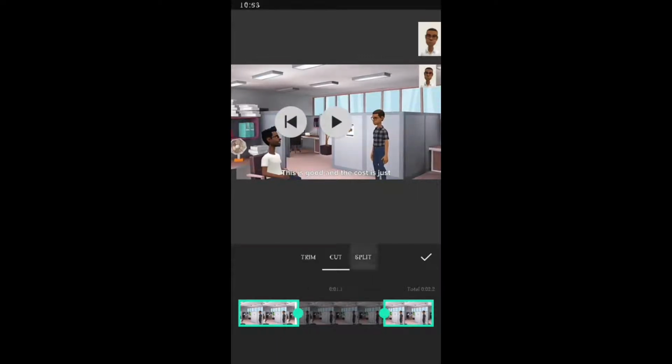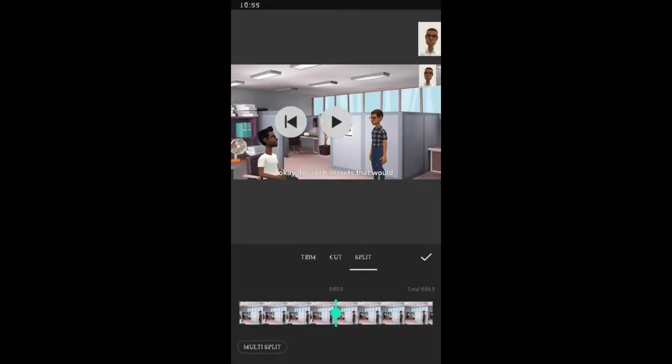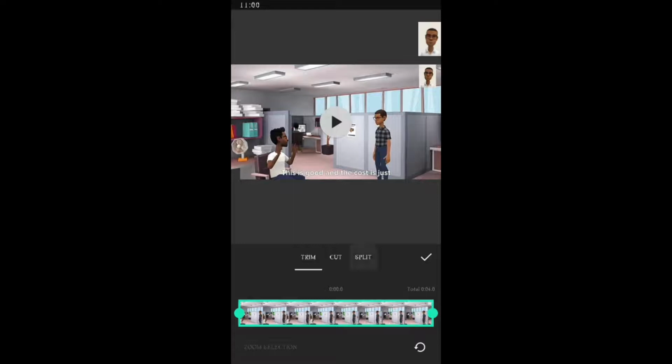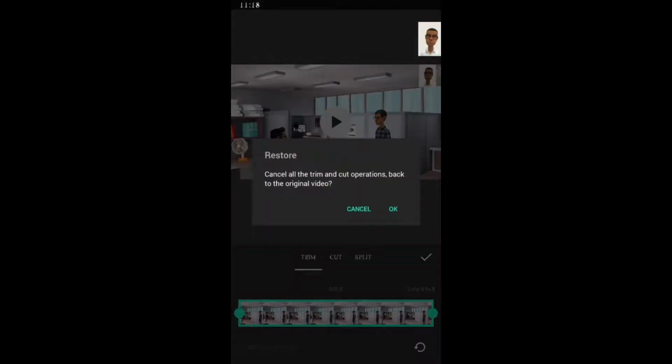So we have the split, and so basically now what do we do? I'm actually going to show you something: even after cutting your video, you can undo everything that you've done. Now if you see, there's a reverse arrow button here. Once I click on this reverse arrow button, and remember I have 4 seconds in this video, see what happens. It tells me that I want to cancel all trim and cut operations back to the original video. If I click OK,